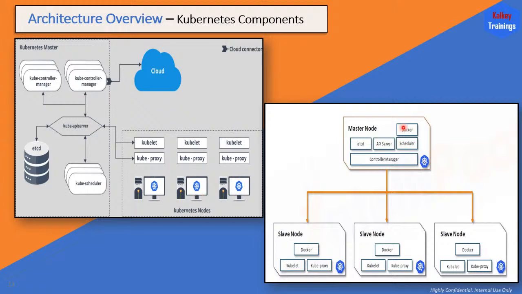So what are the master node components? etcd, API server, scheduler, the controller manager. On the very base layer is the controller manager. And you can say that there is a Docker or containerd. So this is the master node. And on the slave node, sorry to say slave, but actually it's a worker node,